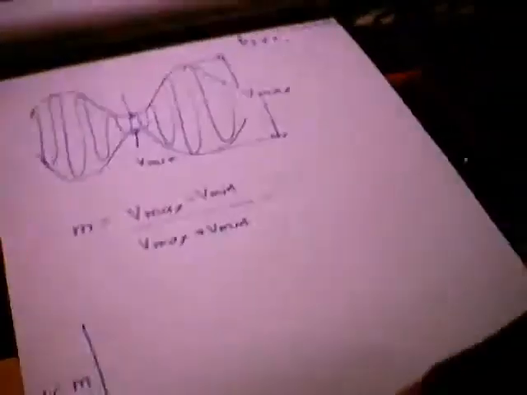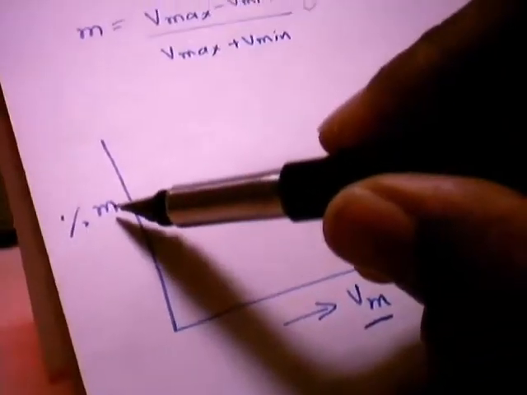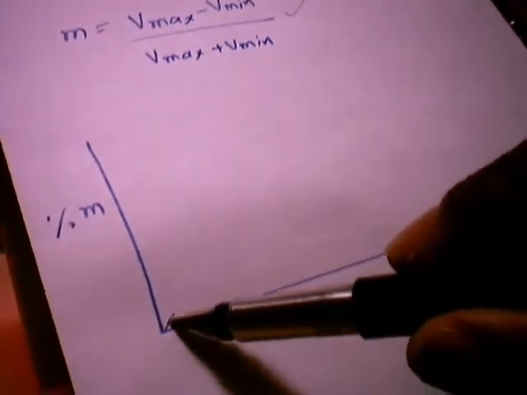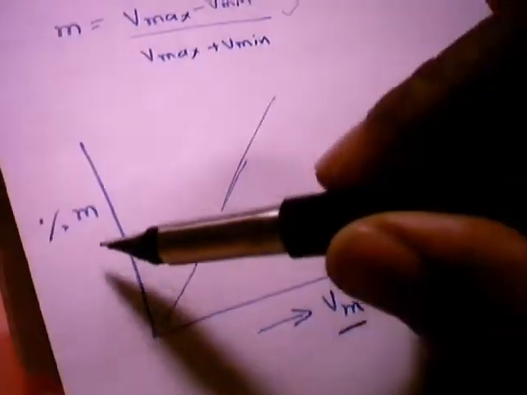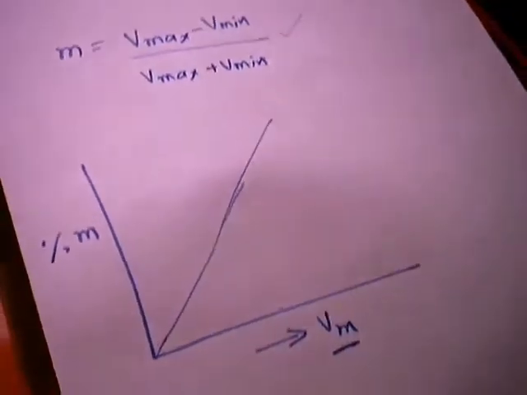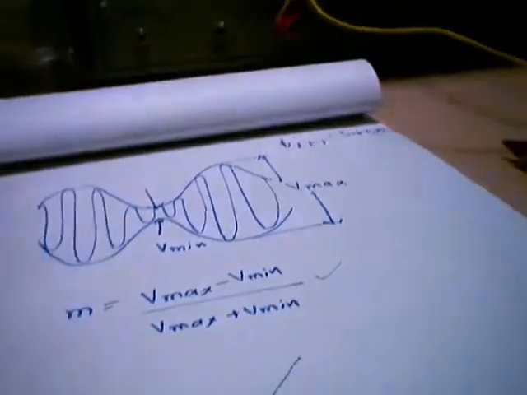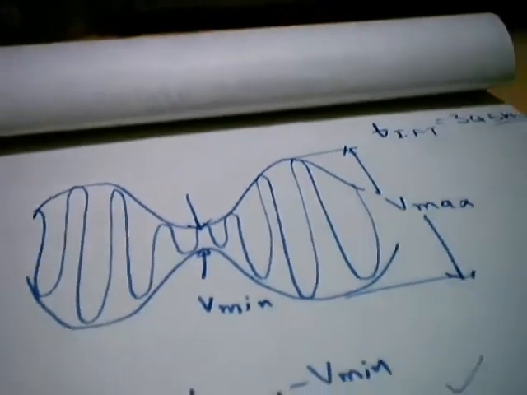So you are varying the amplitude of the modulating signal, which happens to be Vm. So there is a certain change in modulation index. So you may get almost a linear graph. As you increase the amplitude of the modulating signal, modulation index keeps on increasing linearly. So this is what you have to do in this experiment to find out the modulation index versus the amplitude of the modulating signal.